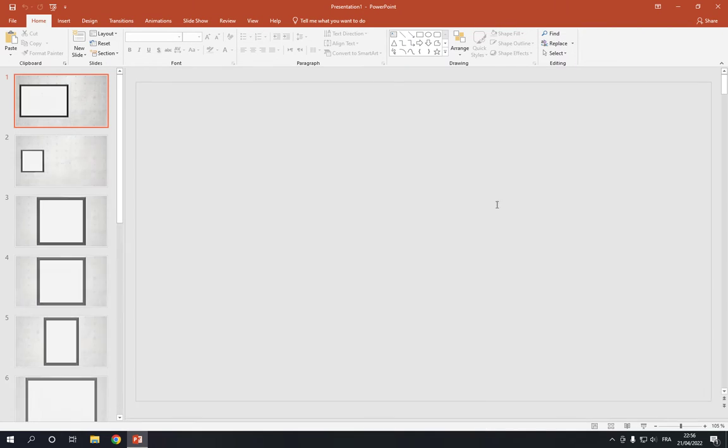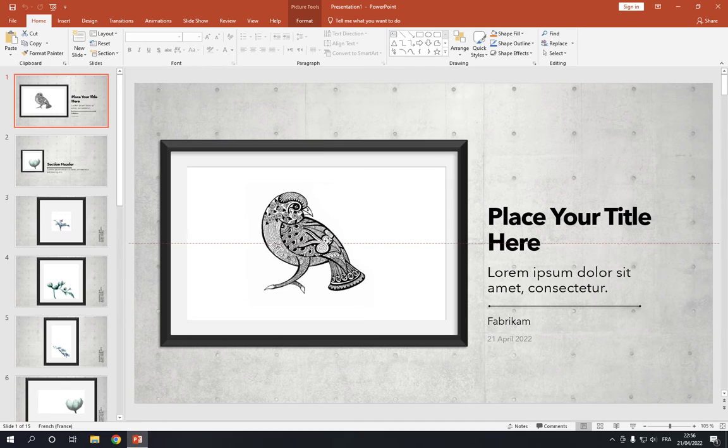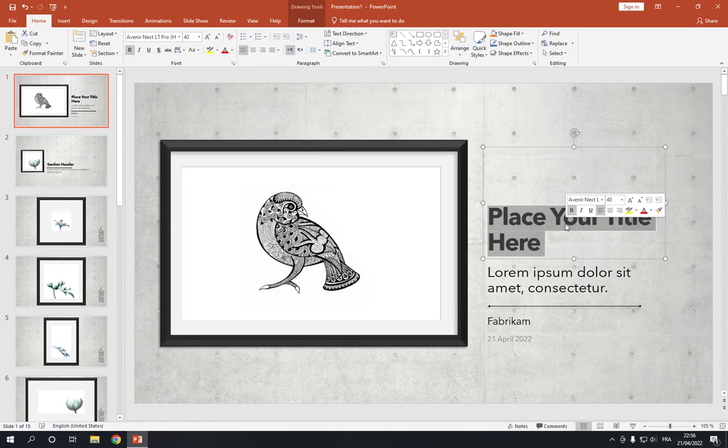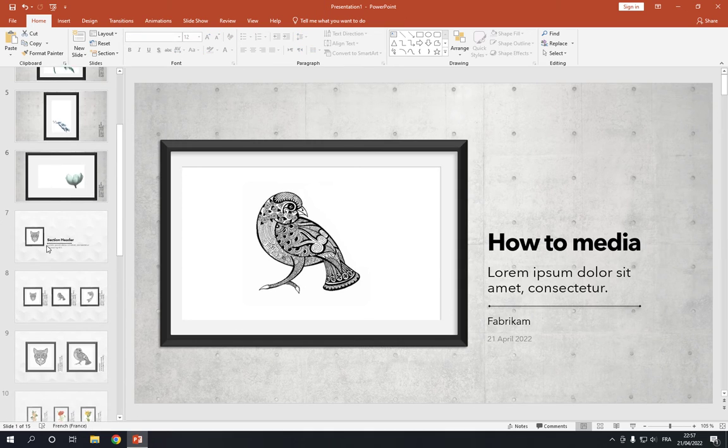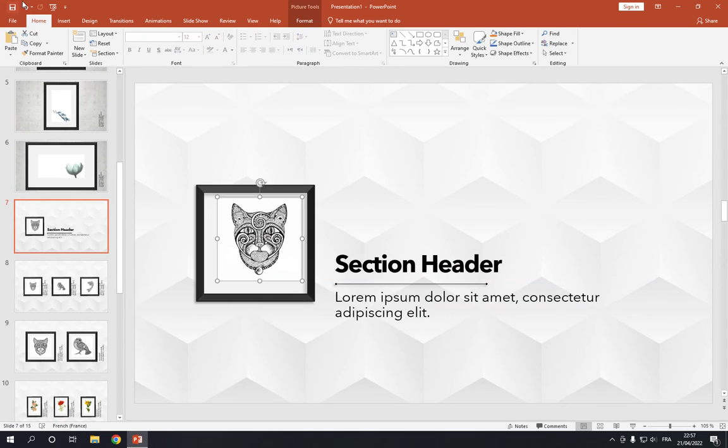Now on this page you can change everything you want from the photos or the text. As you can see, it's very easy to edit, and after you finish just click on this save option here